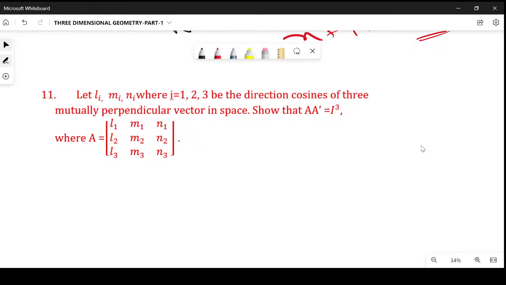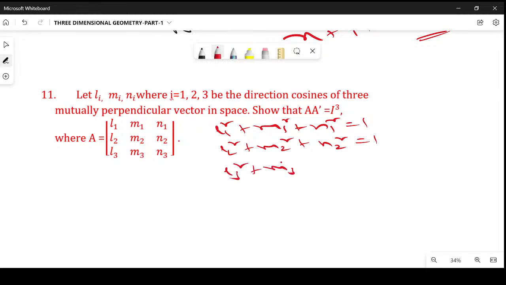So the given here are direction cosines of 3 mutually perpendicular vectors. Since mutually perpendicular, what can I observe here? I can write L1 square plus M1 square plus N1 square is equal to 1. Similarly, I can write L2 square plus M2 square plus N2 square is equal to 1, because they are given direction cosines. Similarly, I can write L3 square plus M3 square plus N3 square is equal to 1,